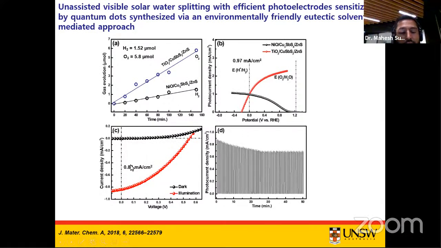After the JV curve measurement, we carried out the stability test, and we found that the stability was not so promising. Again, this might be due to the corrosion behavior of sulfide-based compounds, not only limited to the copper antimony sulfide phases, but also the zinc sulfide passivation layer that we use, which is again a sulfide-based compound. Please note that.